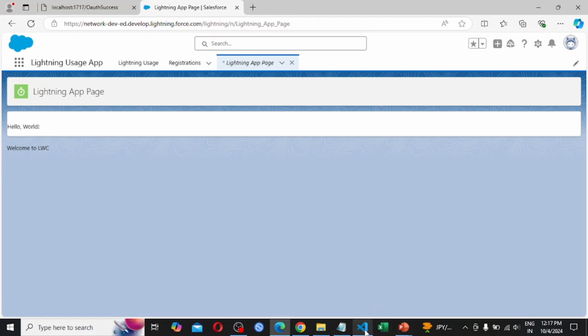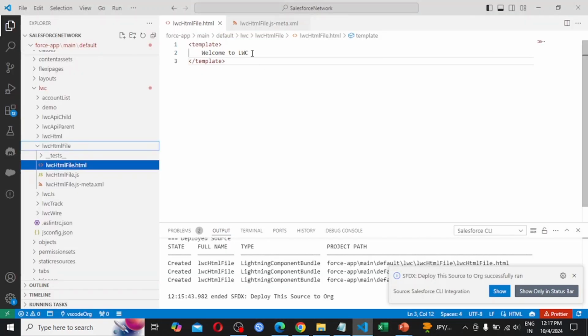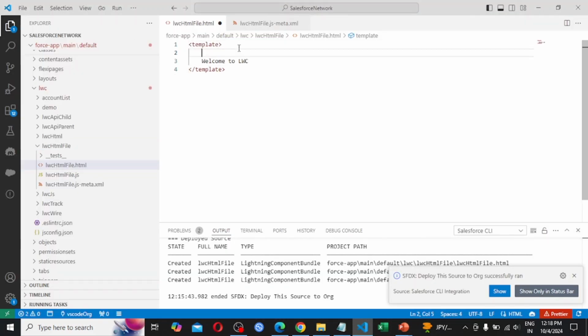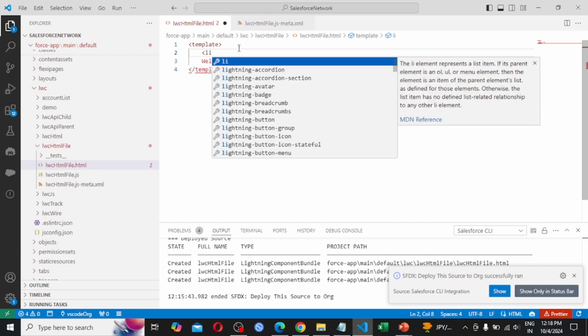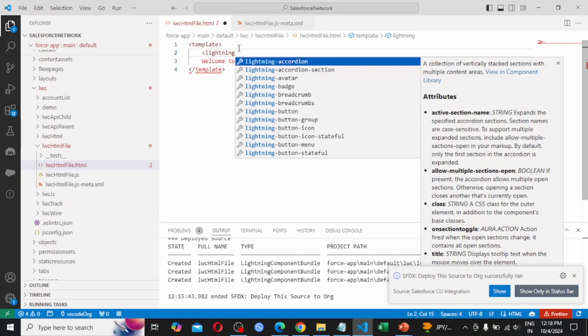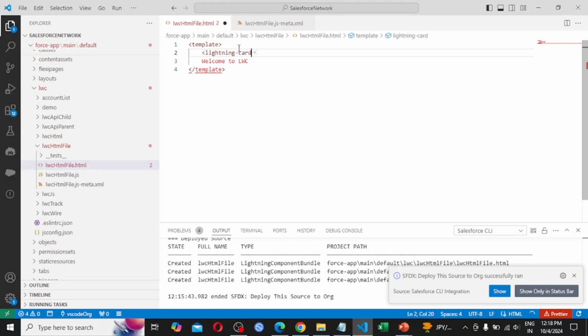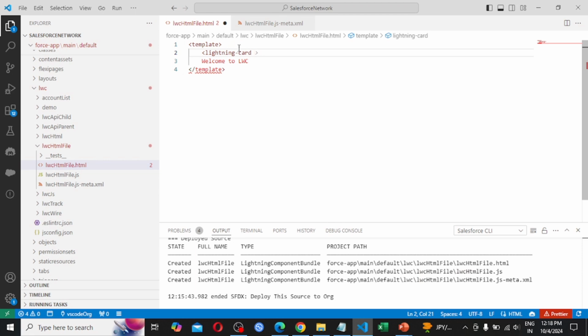If we need everything in a proper format, here I am adding lightning card and providing the title.